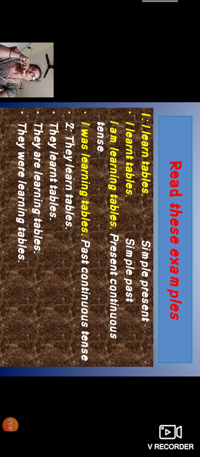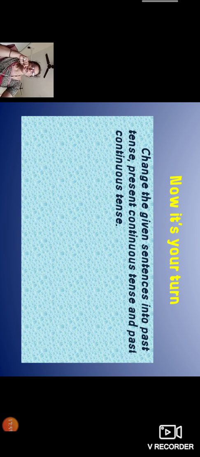So here is a small homework for you. Okay, it's your turn now. You are going to do it on your own and send the answers to my number. For the sentences you see on your screen, change the given sentences into past tense, present continuous tense and past continuous tense. I have given the sentences in present tense. You have to write them in serial order. Don't exchange them here and there, so it will be clear for you and me also, right?